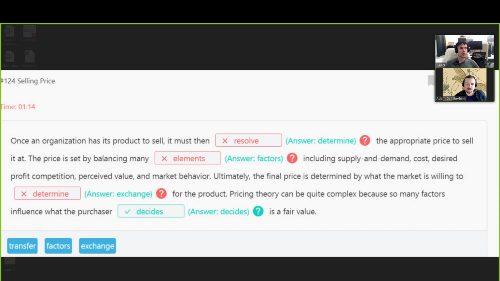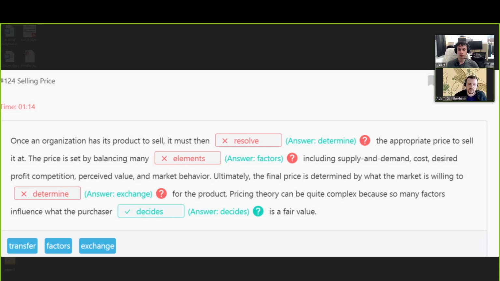So a factor in a decision. If we know that we're talking about a decision, then we need to consider factors. But if we were trying to build something, we might think about the elements that went into that building. So it's a slightly different connotation. That's probably why they choose factors, because it's about